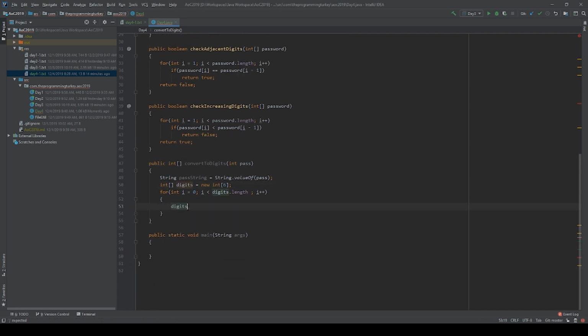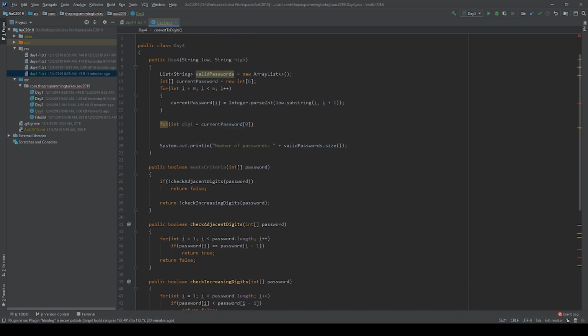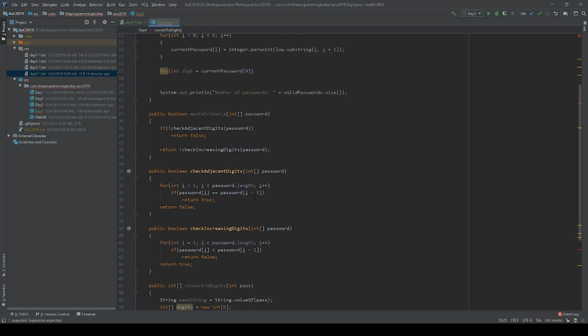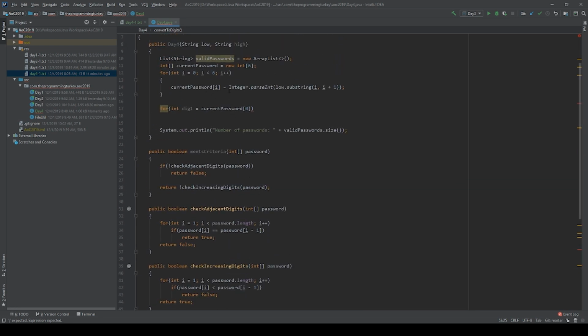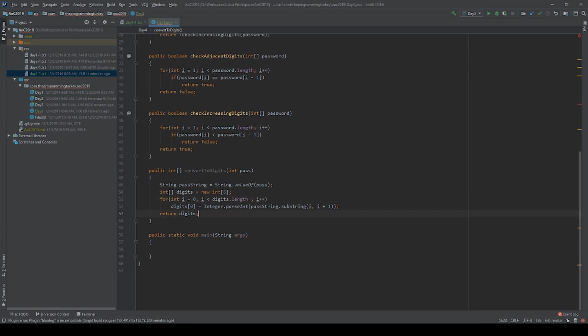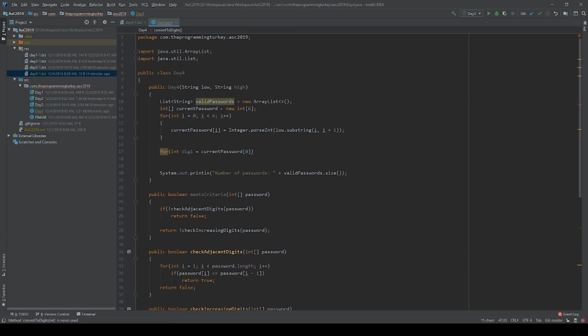Either way, so then we would go ahead and do digits. Basically what we did up here, which is actually what we will do up here, is digits equal to the substring, and this is actually parse string, and then go ahead and return digits. And we will actually be using this method here to do current password there, and we will give it